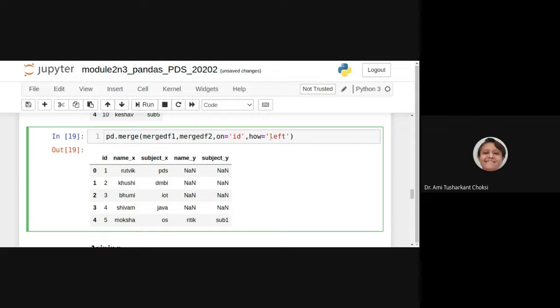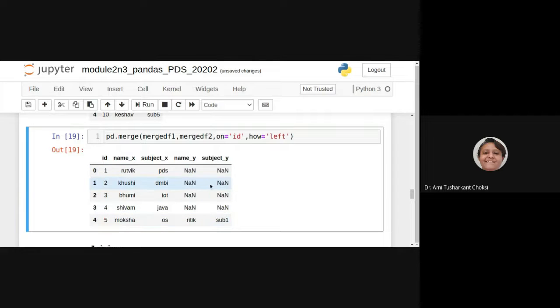That was left. That means the effect of left side data frame is that. So whatever are the ID, that is the column on which we are doing the merge process, the ID of the left data frame is there in effect, and that is why we are able to see 1, 2, 3, 4, 5.